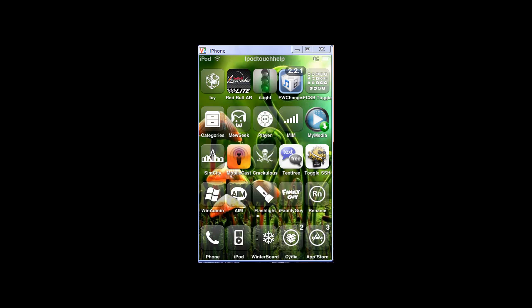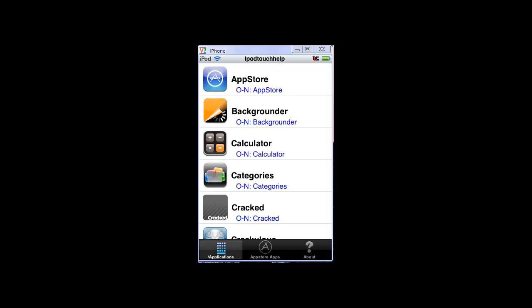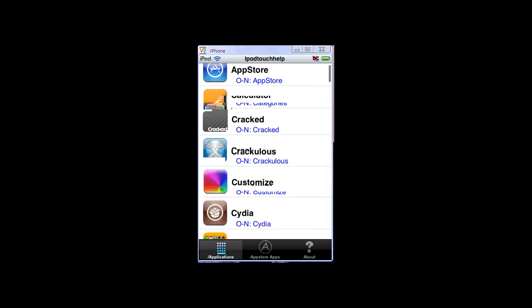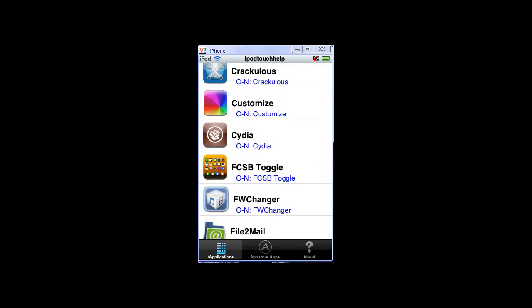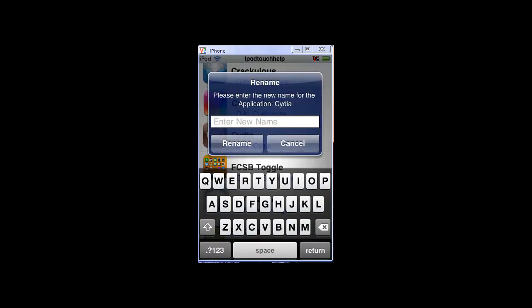I'm going to do a little review on an app called Rename, and you can get this from Cydia. What you can do in here is rename stuff, like, as you see this is called Cydia. I just click on it and I can name it